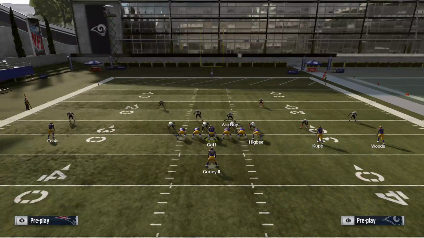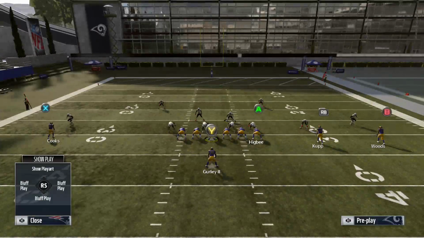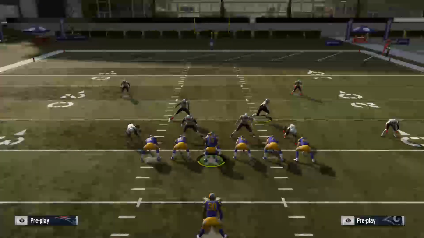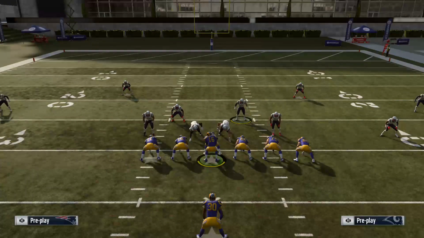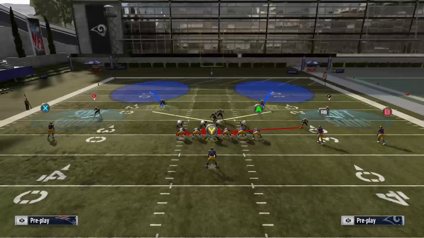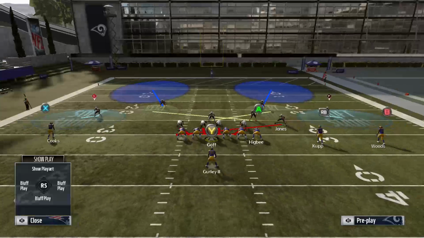Alright, and if you want to send it off the left, all you have to do is just flip the play. There we go. Alright, base the line, pinch the D-line. Shift your linebackers to the right. Now the only thing is that I noticed that the